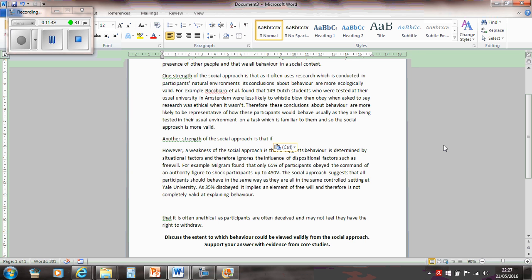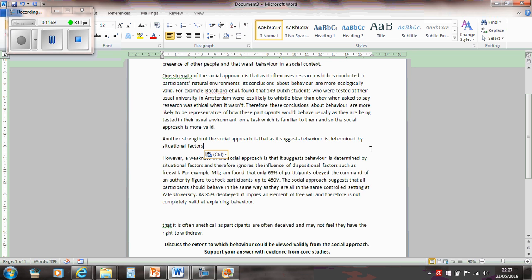So the social approach, as it suggests behaviour is determined by situational factors, has practical applications. For example,